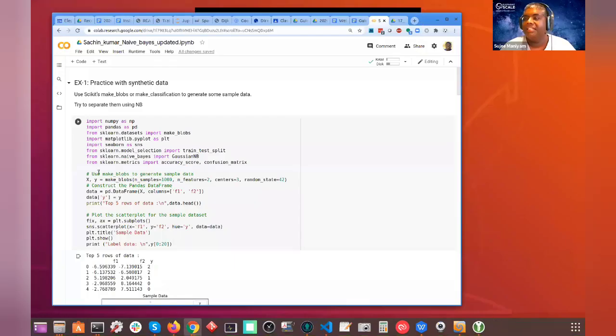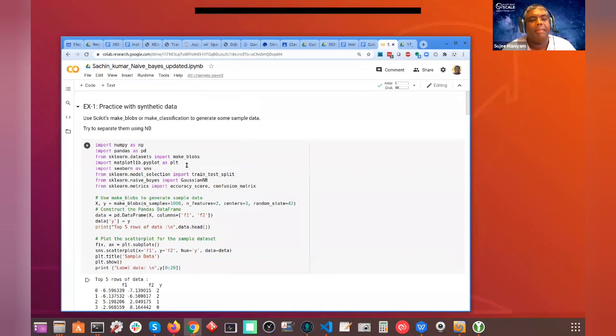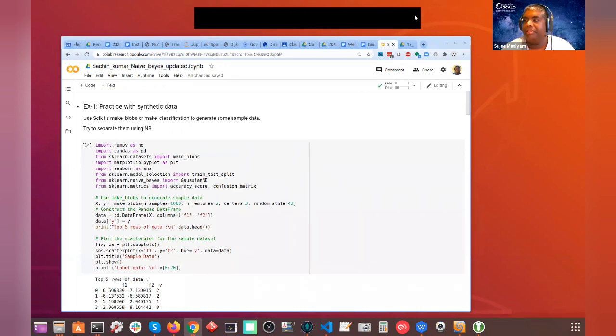All right, yeah, so let me share my screen here. So last week, did we do a review of the naive Bayes algorithm? The theory behind the algorithm.